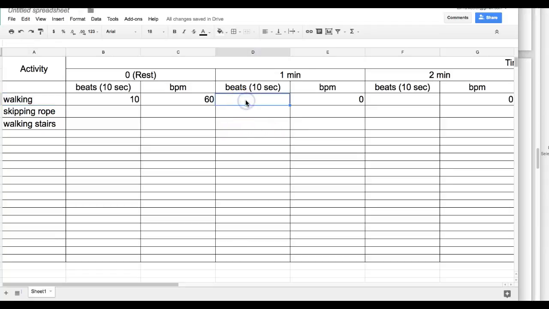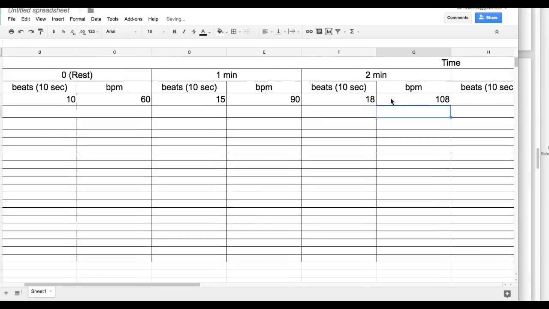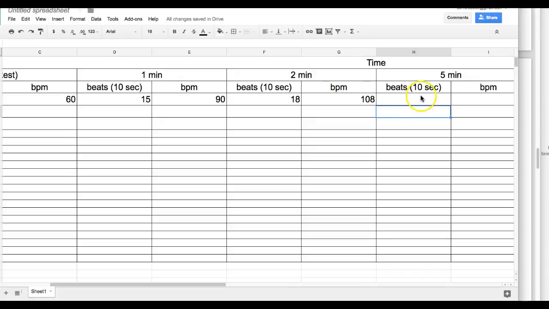Okay, so let's imagine that after a minute, our heart rate has gone up to 15 beats in 10 seconds. Then we see how the calculation gets made automatically. After 2 minutes, it goes up a little bit more, 18. And then at 5 minutes, it goes up to 20. And then at 10 minutes,